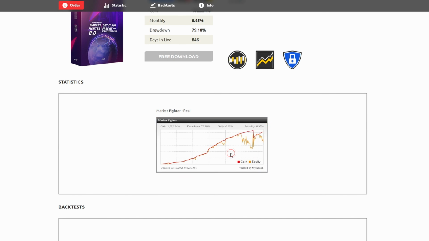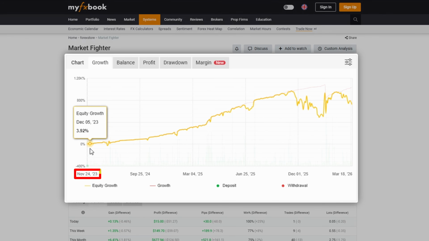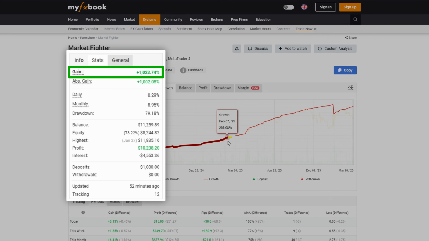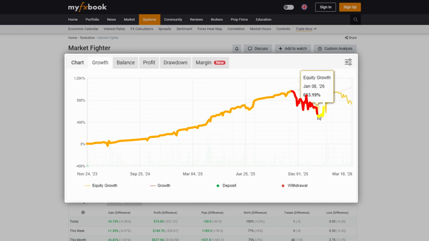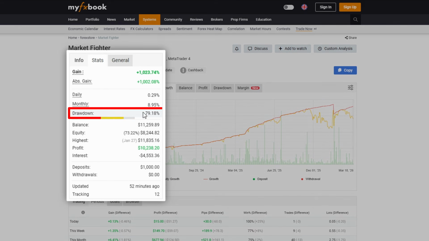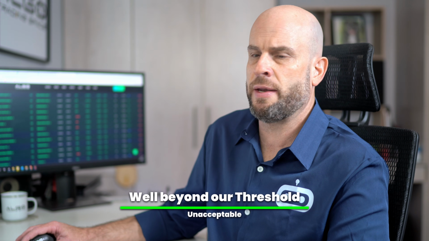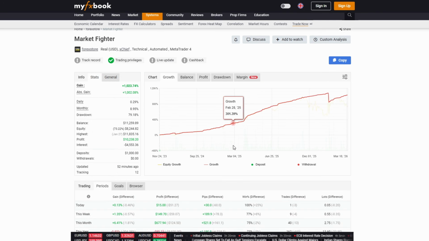And if we click on it here, what we can see, there's been substantial growth. So since December of 23, so that's about a little over 2 years, it's made about 1,000% in profit, and it was running very smoothly initially. However, recently there have been these very large drawdowns. Now if we look at the max recorded drawdown, it's about 80%, which is very big and well beyond our threshold and what we find acceptable. But he's obviously using much riskier settings, and we're going to look at the settings a little later in the video. They're very simple really, but overall still quite profitable,